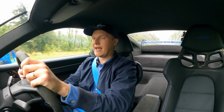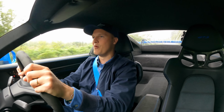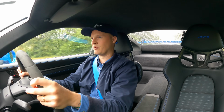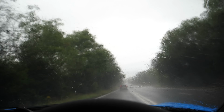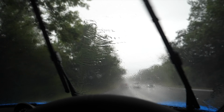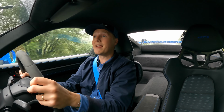busier, there's a national speed limit, which means we can extract a little bit more performance from this car. Not that I'm sure I want to with this heavy downpour. Today is not my day. It's not supposed to be. The world has said, enough, Sam. Enough fun in the GT3. Time to go home. Maybe they know if I drive it anymore, I'm just literally going to bankrupt myself trying